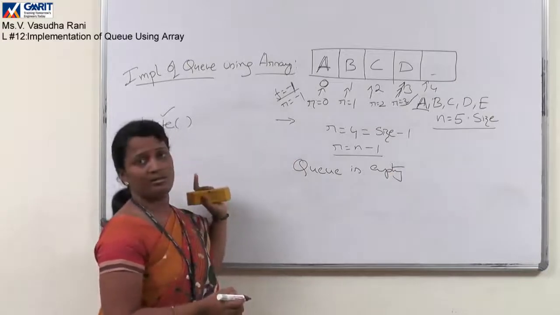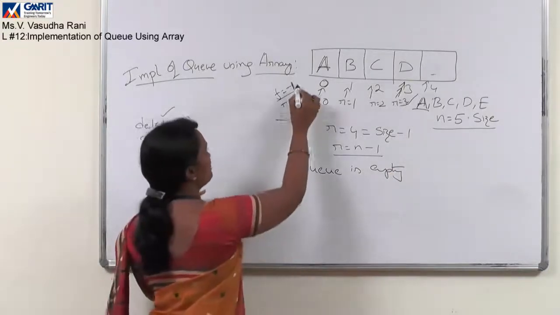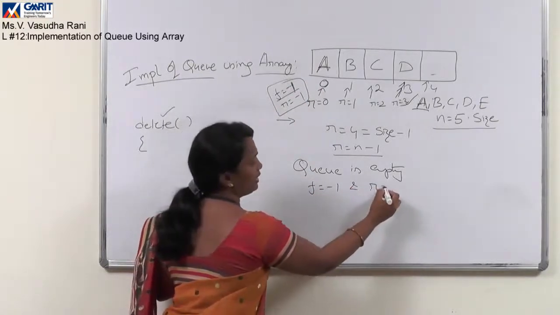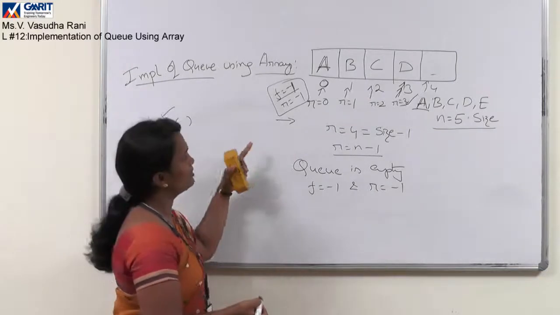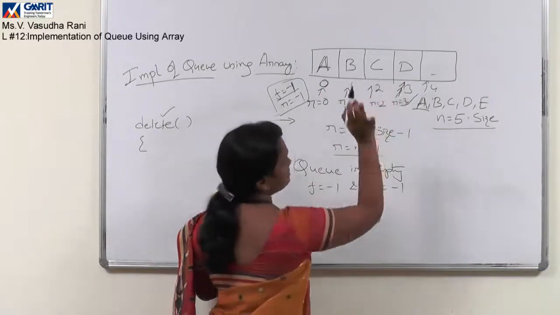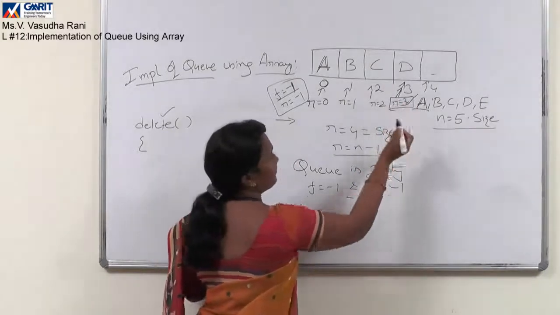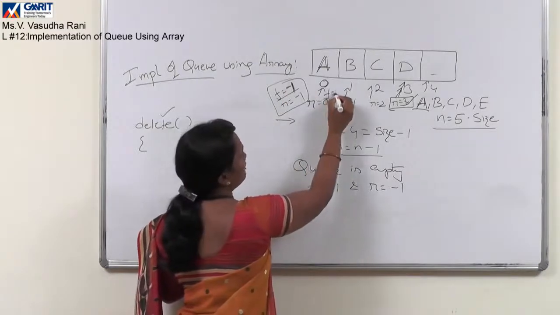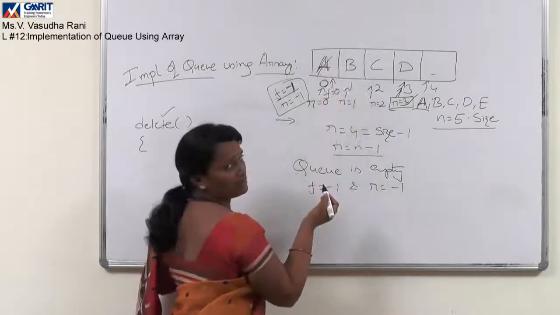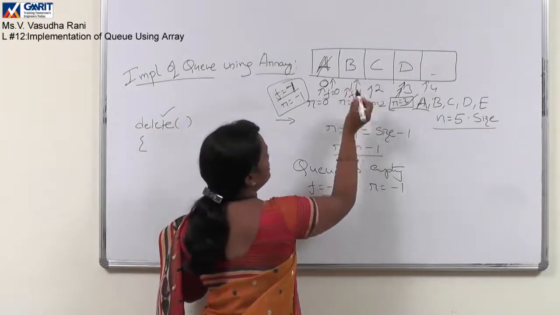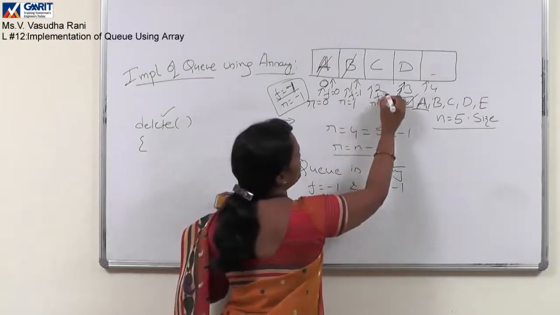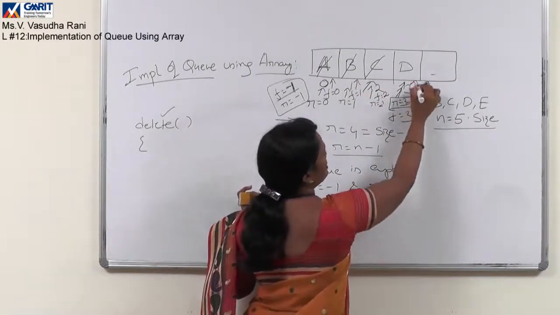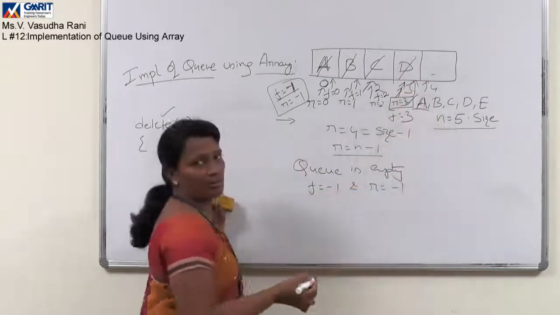Initially when no elements are inserted into the queue, it is empty. That situation we can observe using front equal to -1 and rear equal to -1. Here we can observe another situation. Now there are 4 elements in the queue and our rear is 3. Now if you try to delete one element, initially front is -1, you make front 0, it refers to this, and this is deleted. Then you make front 1, it refers to this, you delete this. Then front 2, you delete this, then you make front equal to 3. It refers to this third location, and this element is also deleted.